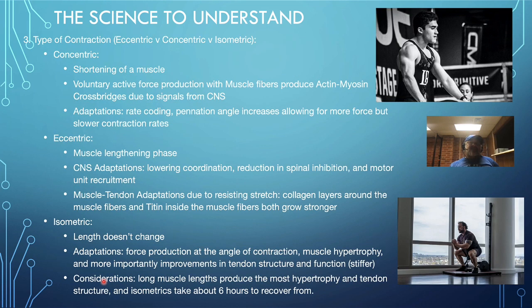All right, type of contraction: eccentric versus concentric versus isometric. Listen up, this is going to be a good one. So, concentric is the shortening of a muscle. It's like if you're doing a bicep curl, it's when your hand is coming closer to the body. So, the voluntary active force production with muscle fibers, and they produce the actin-myosin cross bridges due to signals